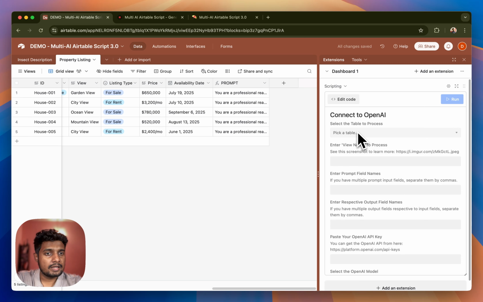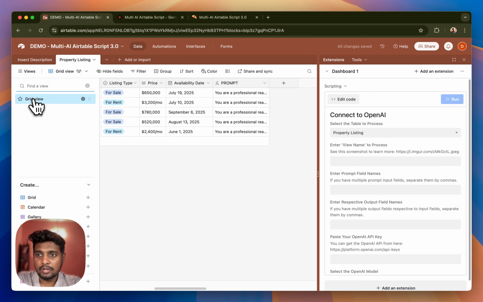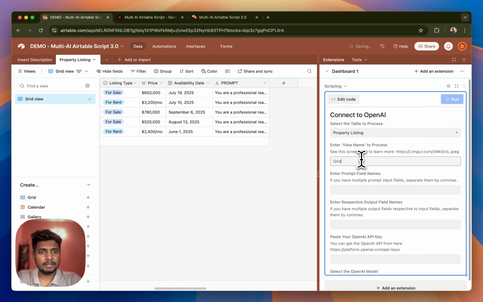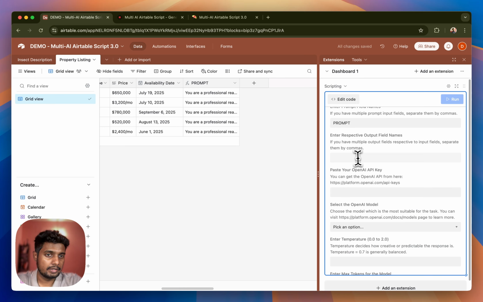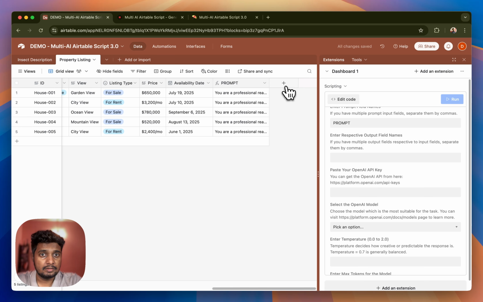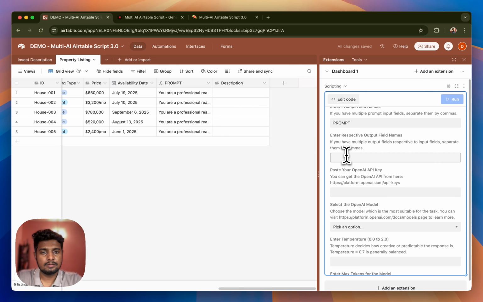At first you need to select the table. In this case, I have two tables. One is this and this one is property listing. So I will select the property listing. The view name: in this case, I have only one view called grid view. I'll write that as it is. Enter prompt field names. In this case, the prompt field name is prompt. So I'll write just that. Enter respective output field names. I don't have an output field yet, so I'll create a blank long text and I can name it something like description, right? Just create it and then I'll write